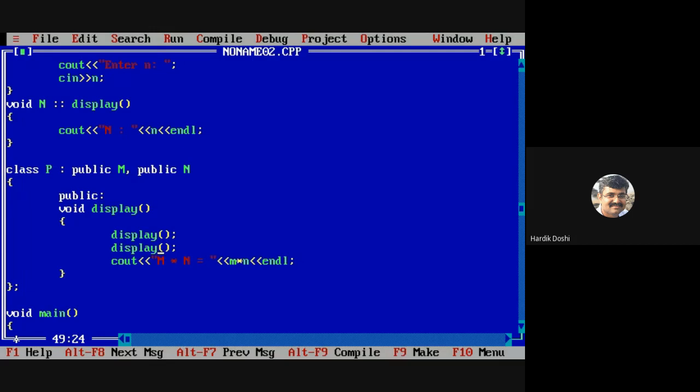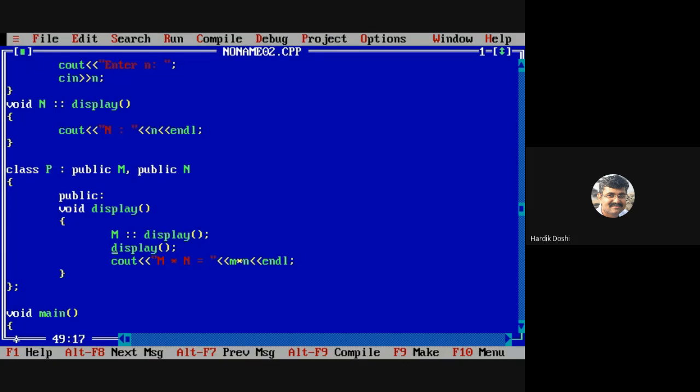I need to specify somewhere that this display is of M and this is for N. This display is of class M, so you need to say M scope resolution operator display.